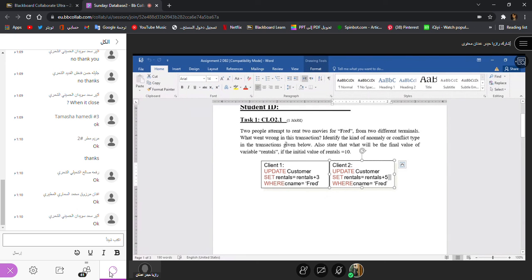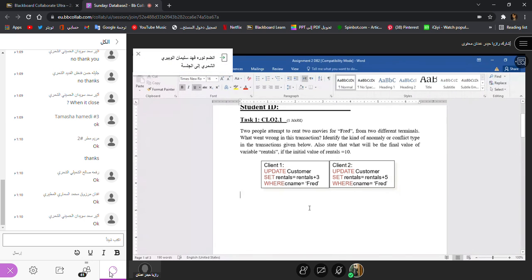Now you have to identify which kind of anomaly and the conflict type. Anomaly, you remember last time I said lost update, inconsistent read, and dirty read. Three types of anomaly, and in each anomaly we have the conflict type. For the lost update, we have write conflict. For the inconsistent read and the dirty read, we have the read-write conflict, right?